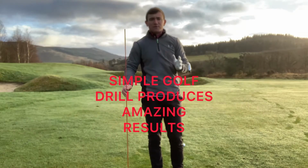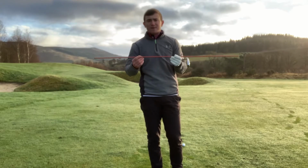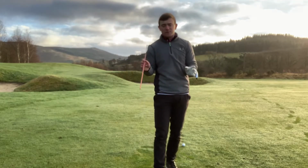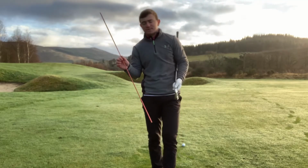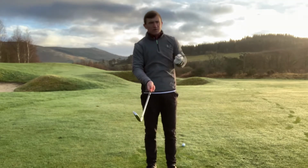One of the biggest faults we see in golf is a lot of golfers have these sticks but they don't know how to use them. It's my job today to make it a little bit easier for you guys out there to understand how to use them. So we're going to talk about drill number 1 we can use, and drill number 1 we can